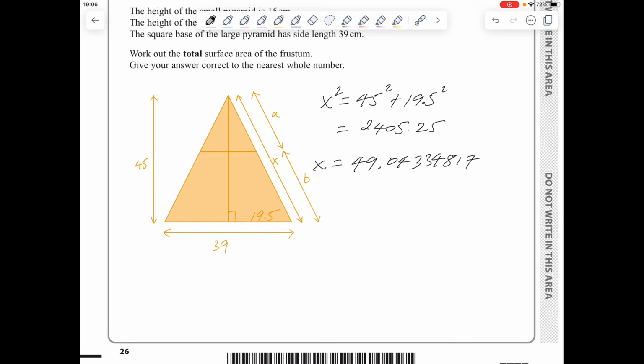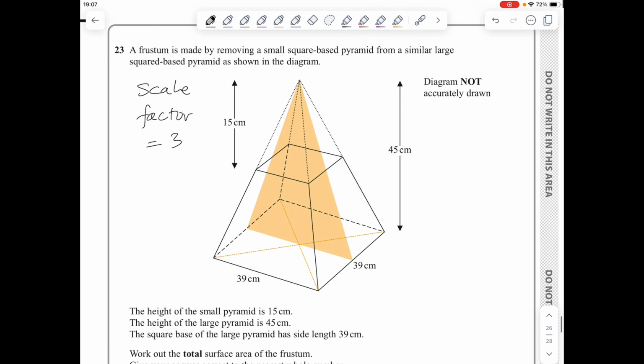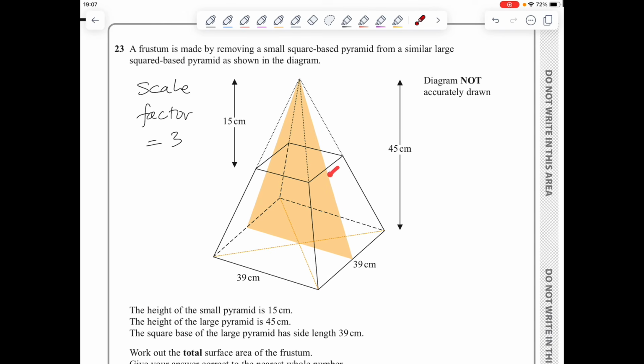And now what I'm going to do is split this into two parts. Since the scale factor of the large pyramid relative to the small pyramid is 3, it means that A is a third of the whole distance of x, which means B is 2/3 of that distance. So B equals 2/3 of x. Therefore, B is equal to 32.69556545. Now, the reason I'm interested in B is because B is the height of this trapezium,